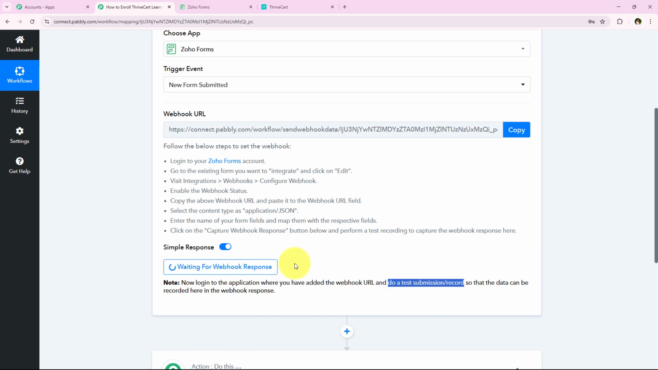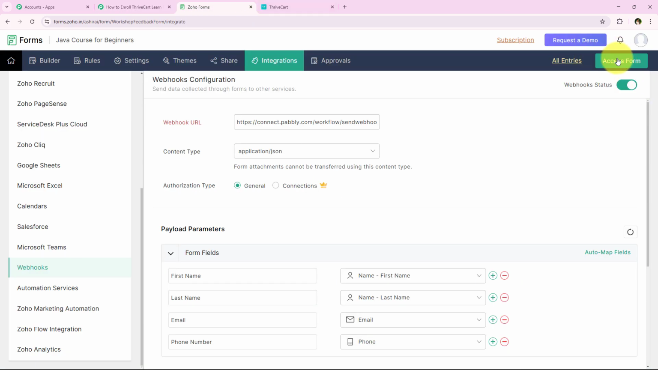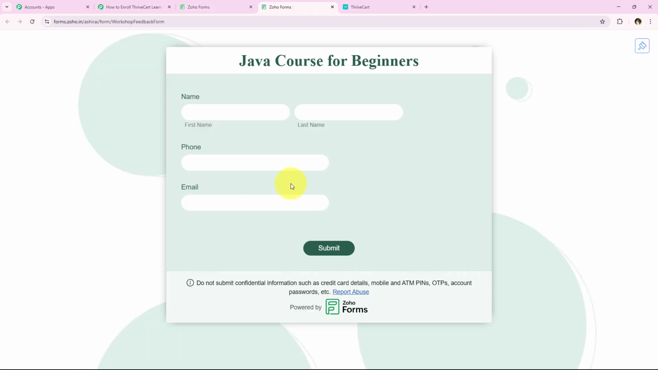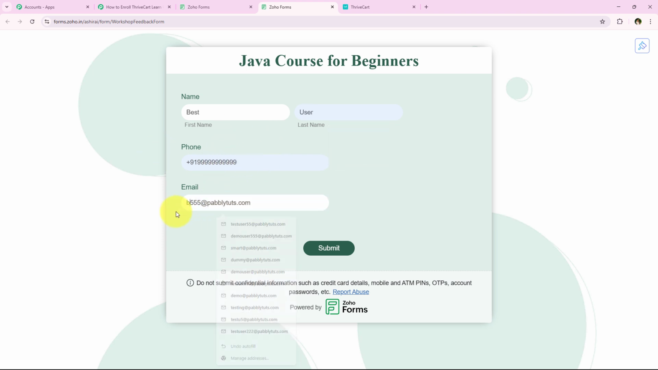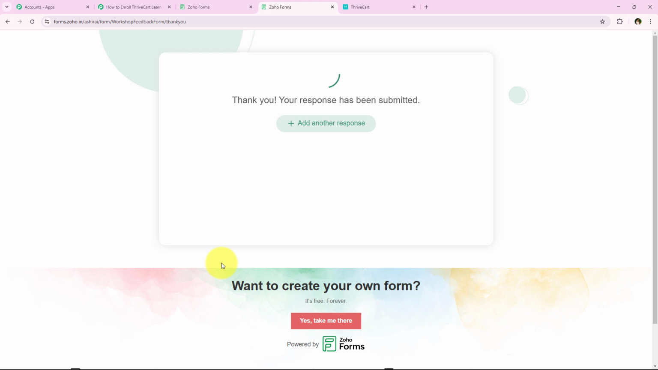So what we have to do is, I'm just going to open my Zoho Forms, and now from here we have to go towards this access form button. And as you can see that this is the form, so I'm just going to fill in this form and do the test submission. Let's say for the first name I'm just going to keep it as best right over here. For the last name I'm just going to keep it as user only. This is the phone number, and let's say that for the email I'm just going to keep it as bestuser555@pabblytudes.com. And then we simply have to click on this submit,